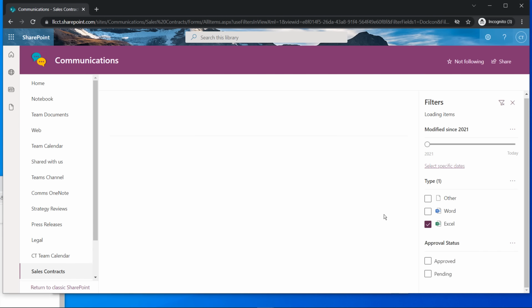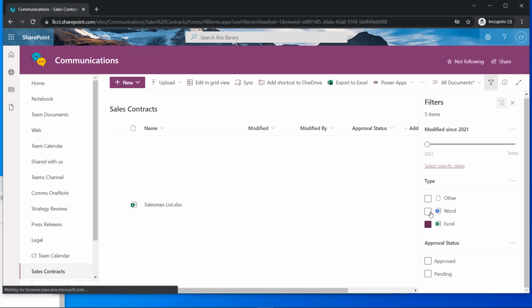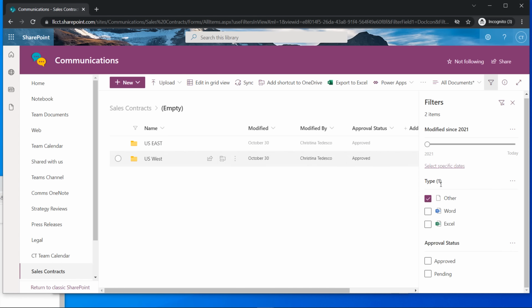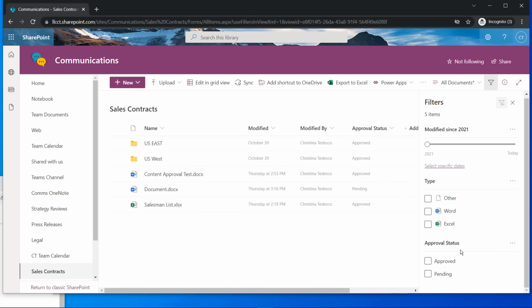Clearly, you know what's going to happen. I click on Excel, I'm going to see the same thing, okay? If I used other, I'm just going to see my folders in there. Now, if you have that approval status activated, that's an option that you can filter on as well. And you see right here, you can say, I just want to see approved documents, or maybe you're someone who needs to do approvals and you got that notification and you came back in here and you need to do